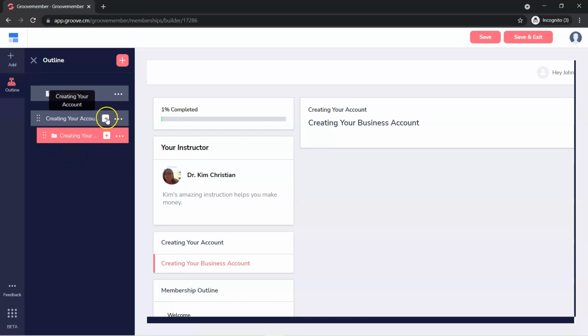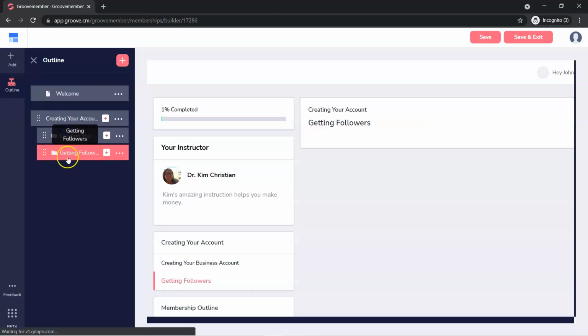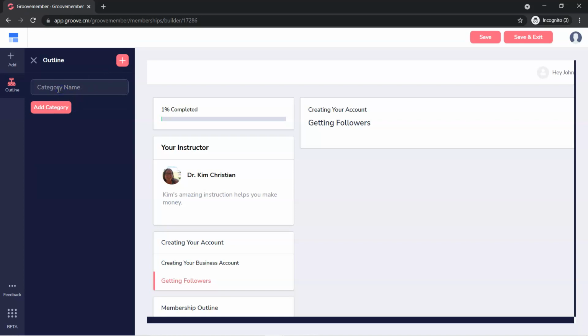And then I'm going to click on this one and add another subcategory, which is going to be getting followers. So it's probably a different section altogether, but we're just going to do it there. Then I'm going to create another category up here, and we'll call it how to get clicks on your own. How to create pins. Let's do that one. Let's do how to create